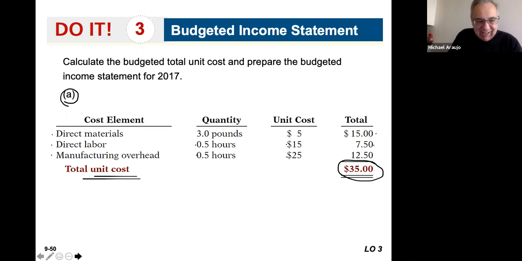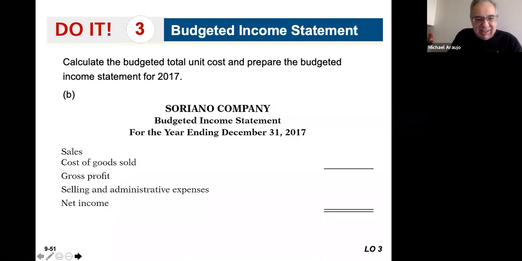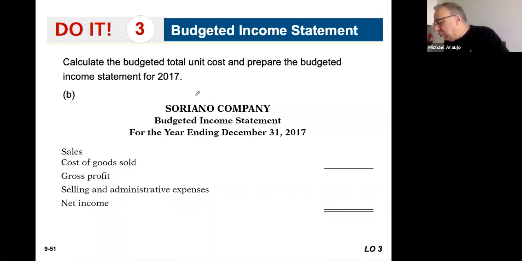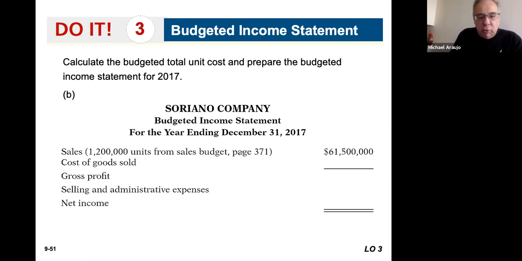So the next thing is our actual budget. The first thing we have to do is look at our sales, and this goes back to Do It exercise number 2. If you look at Do It exercise number 2, which is found on page 371 in the book, it tells us that Soriano is going to sell 1.2 million units